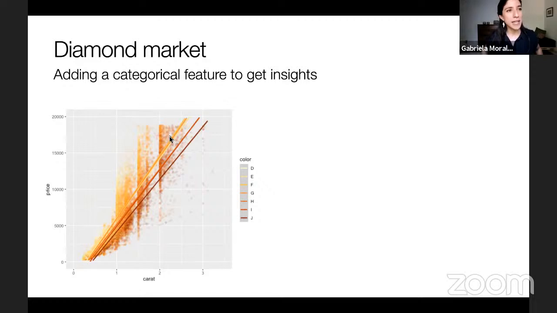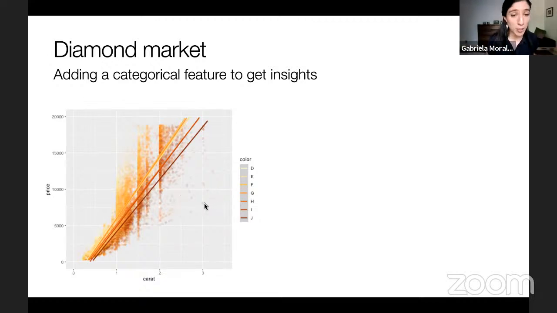You want me to explain the dispersion of the points? Okay, so each one of these points belongs to one diamond that's in the data set. Let's say this single diamond is a 3-carat diamond, and it costs around $7,500. So each one of these points is a single diamond with a carat size and the price. So that's the dispersion. That's what you're seeing.